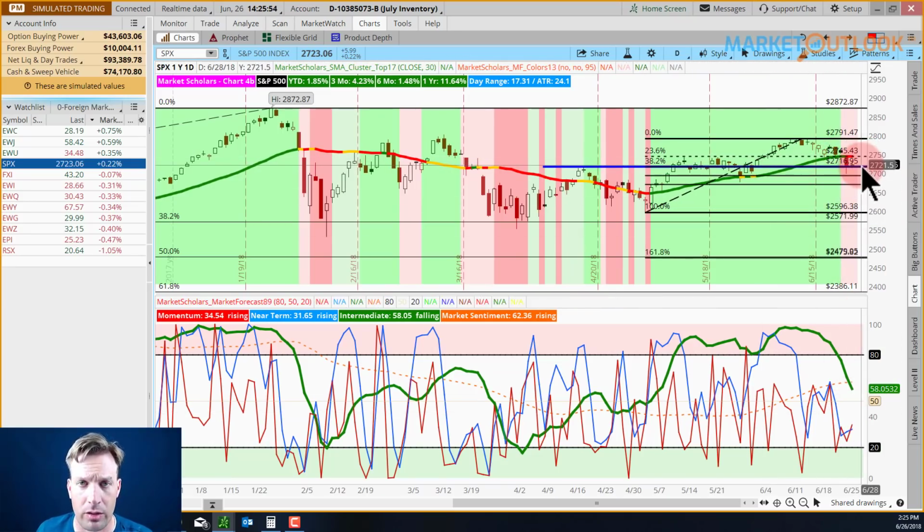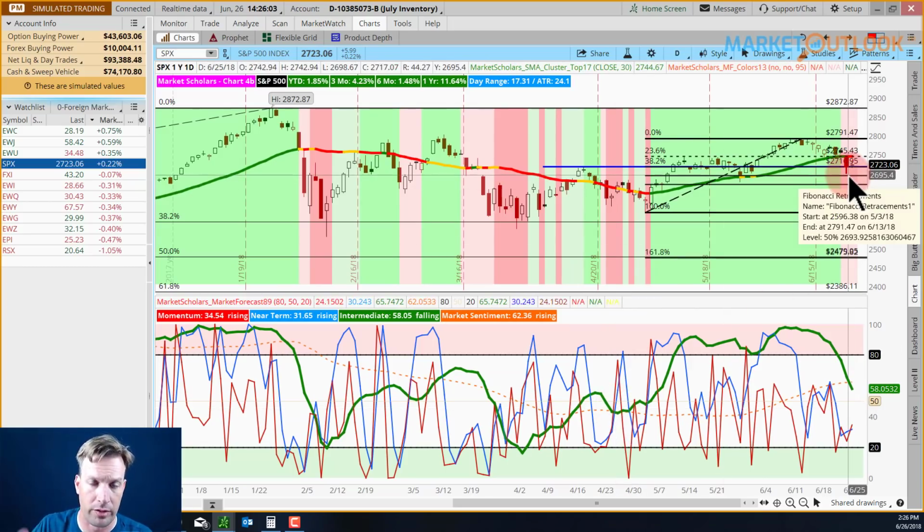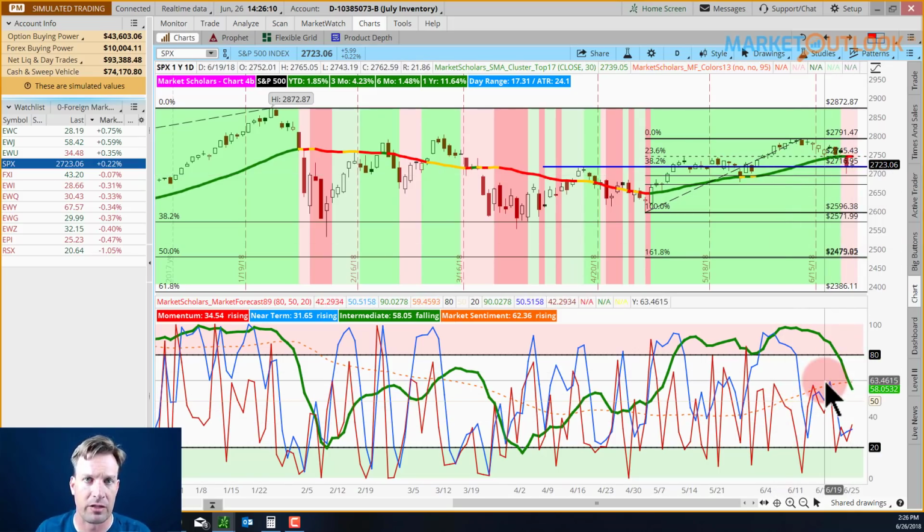And depending upon how quickly we do that, if it takes another couple of days, you're probably going to get the intermediate line dipping below 50 like we did over here, which will start a new intermediate run of 1 to 3 months. Again, like we've mentioned, when market sentiment lines come up from below 50, you expect multiple intermediate rallies. Doesn't mean we have to get them.